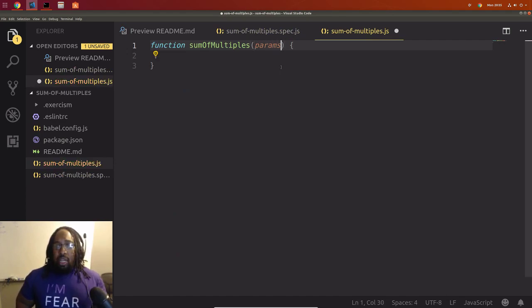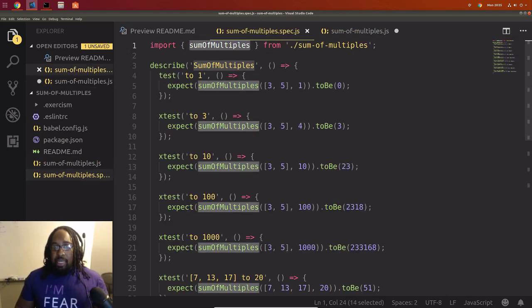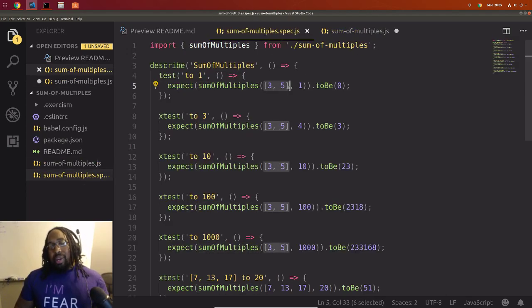And parameters. What is going to be passed into this function? What are we going to be passing in, and what are we going to be manipulating? We can see from the test here, we're going to be passing in 2 things: an array and an integer.